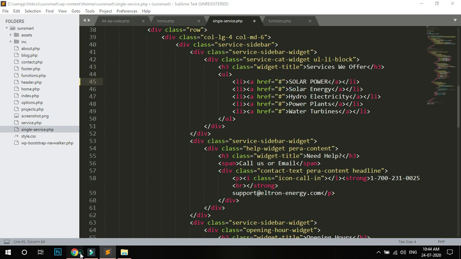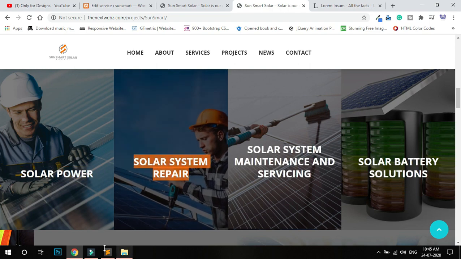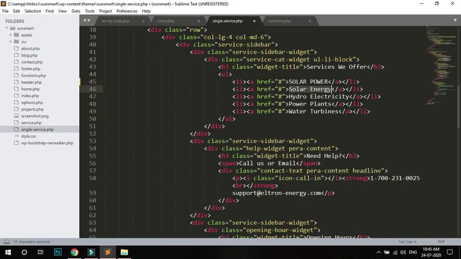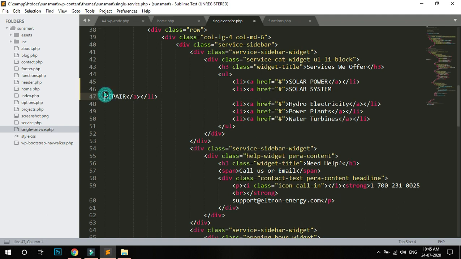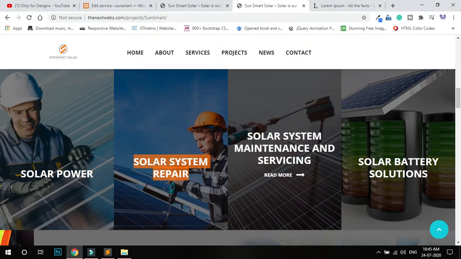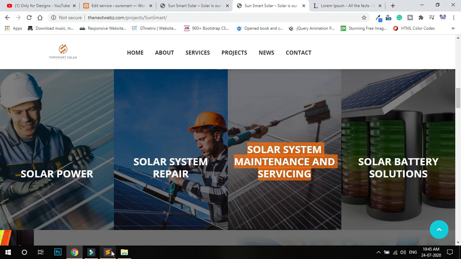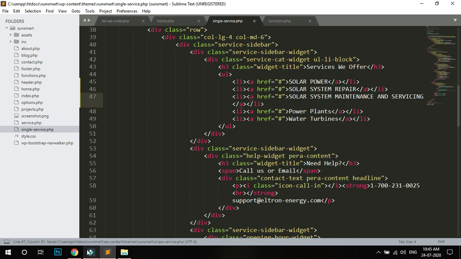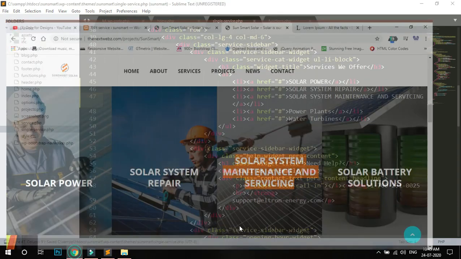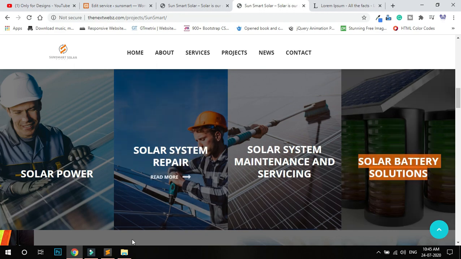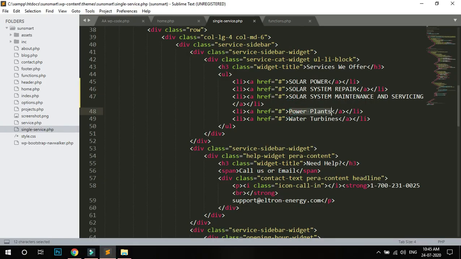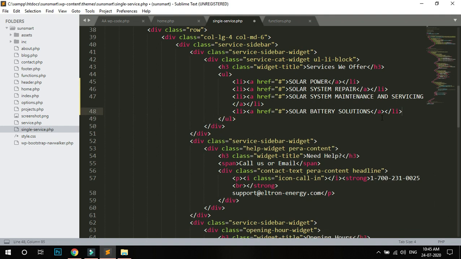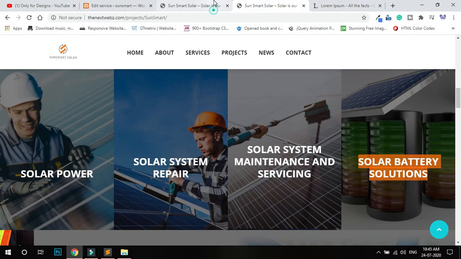Second, this one, third one, this, paste, and fourth, this is the fourth one. Copy and paste here, and I just create a link. Just refresh here. You can see